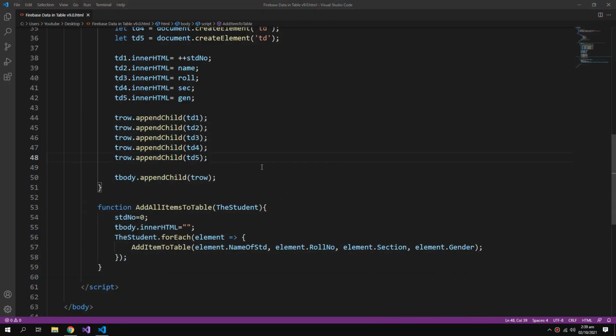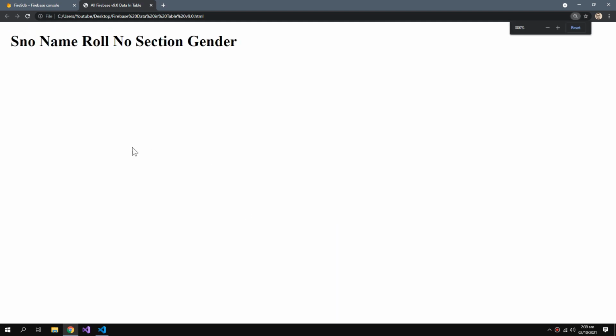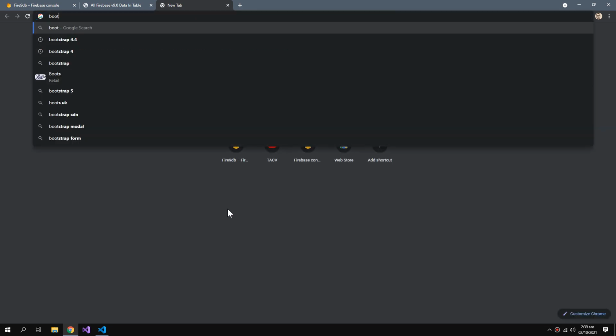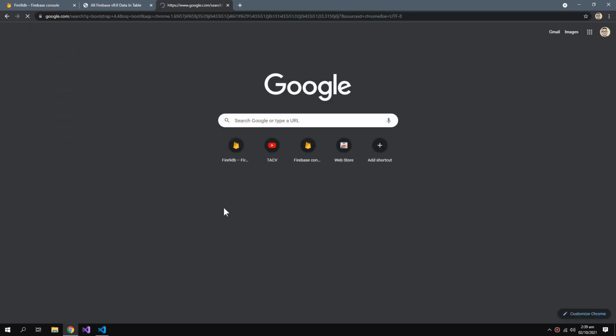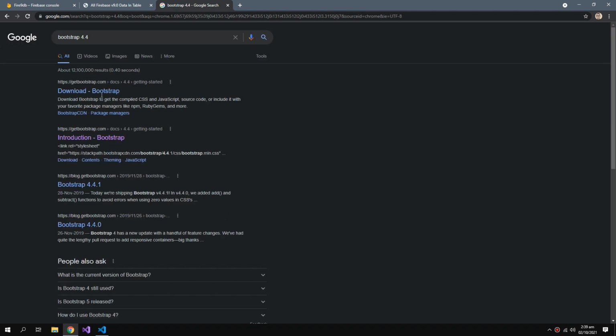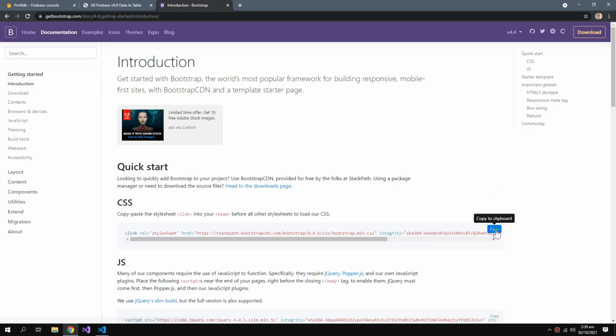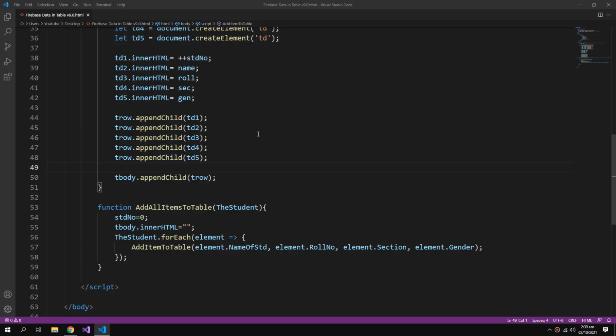So currently our table will look like this. To make it beautiful, I would need the help of Bootstrap. So I will go with Bootstrap 4.4. I need to copy this link and paste it in my head.